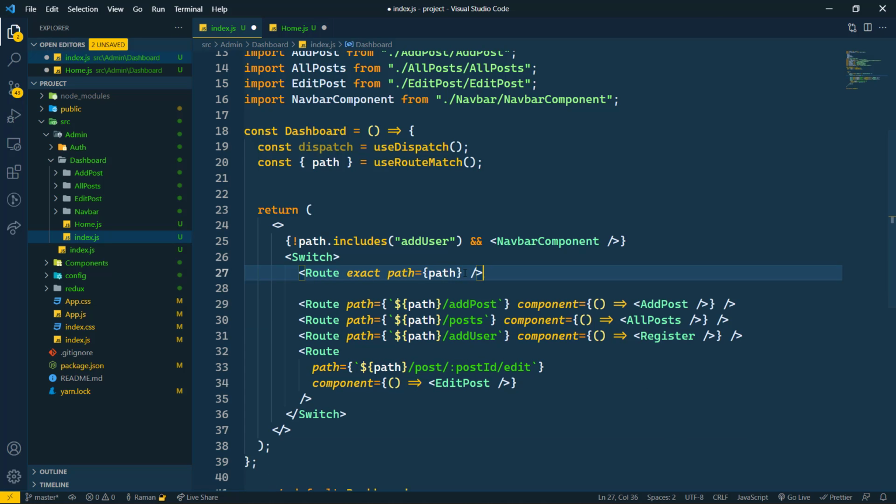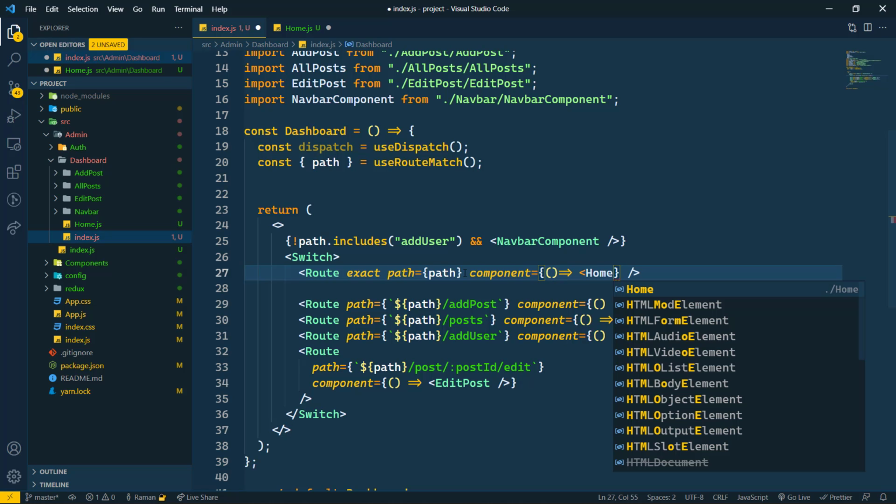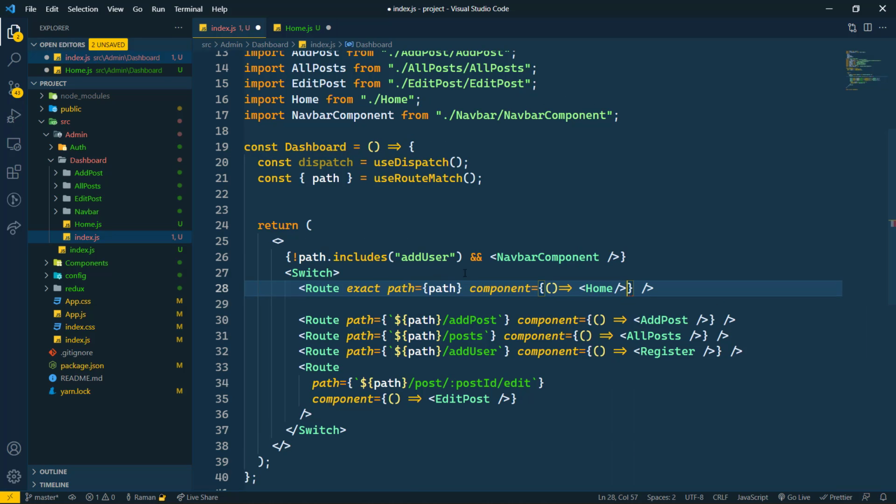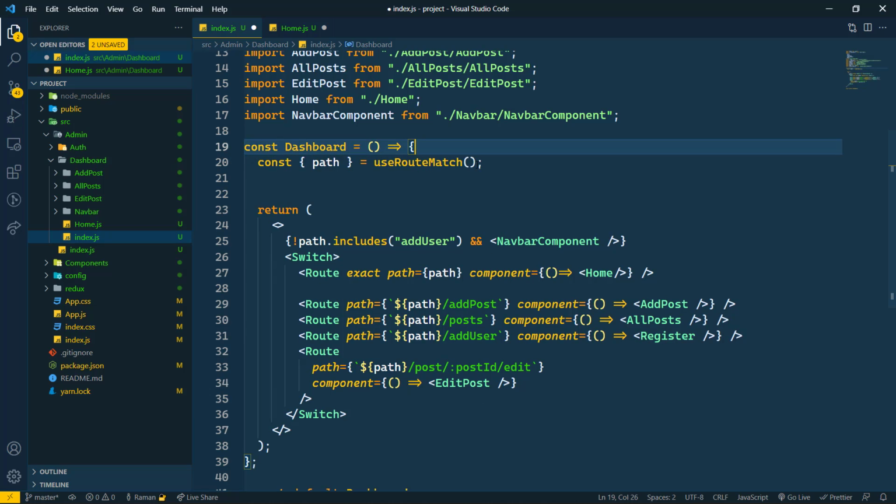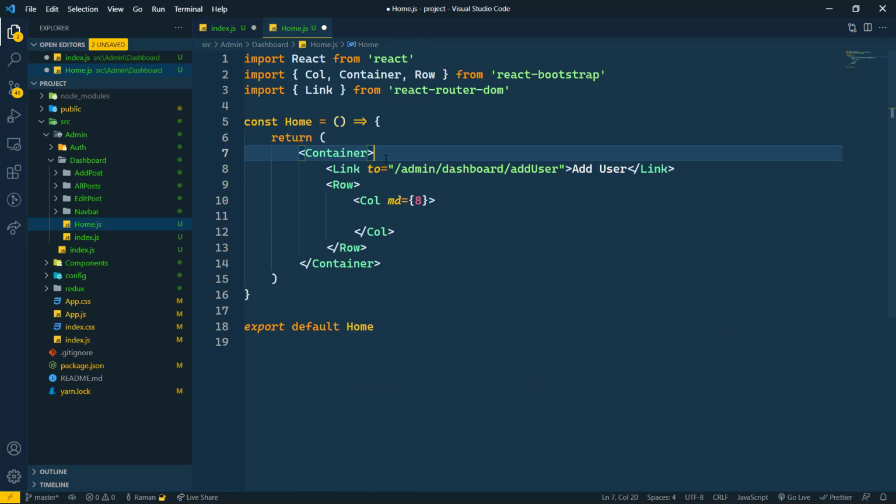And here I'm making this like this, and here will be the component, and this component will be our Home. So we are importing the Home component successfully, and here we don't need dispatch also, so I'm removing this dispatch also. Here I'm going to create one h1 tag, and I'm going to write Dashboard for now.